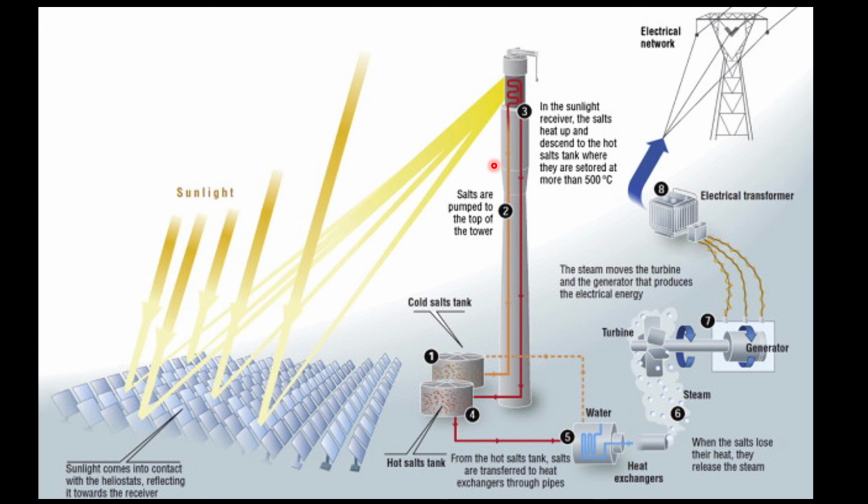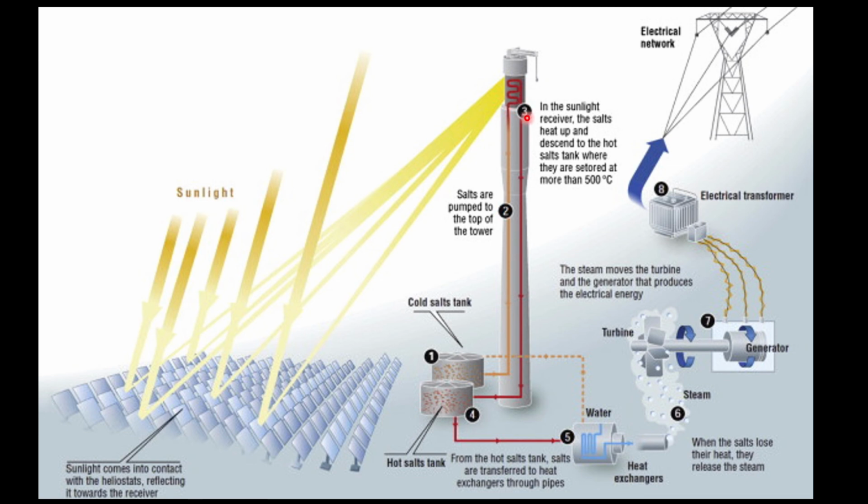In the case of high temperature systems, we generally use the paraboloid dish type and the central receiver type power plant. In a central receiver type power plant, there are a number of heliostats which are individually controlled, so that throughout the day they reflect the solar radiation and concentrate it to a point which is usually at the top of a tower, the central receiver point. In this tube at the receiver point there is a salt, and when it receives the concentrated radiation, the salt gets heated up.